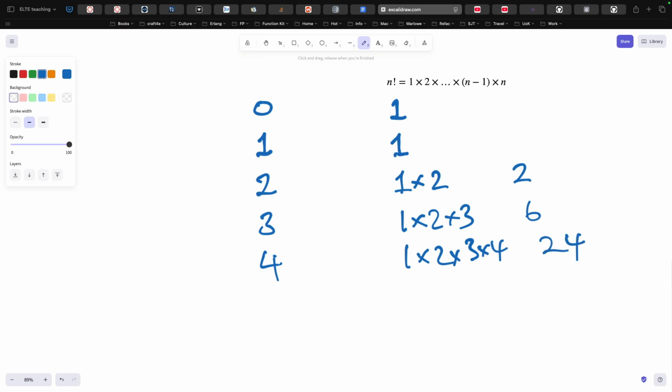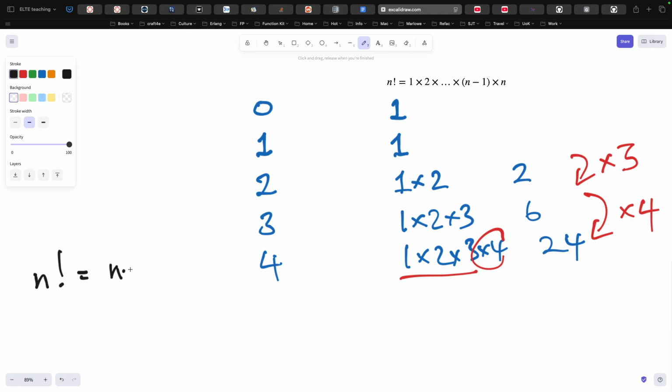Now you can see there's some repetition going on here. I work out 1 times 2 to give 2. I work out 1 times 2 times 3 to give 6. I work out 1 times 2 times 3 times 4 to give 24. In working out the factorial of 4, I work out the factorial of 3 and then multiply it by 4. So I can go from one line to the next simply by multiplying by 4. Previous line I could get by multiplying by 3. So in general, you can see that I'm making the observation that n factorial is n minus 1 factorial